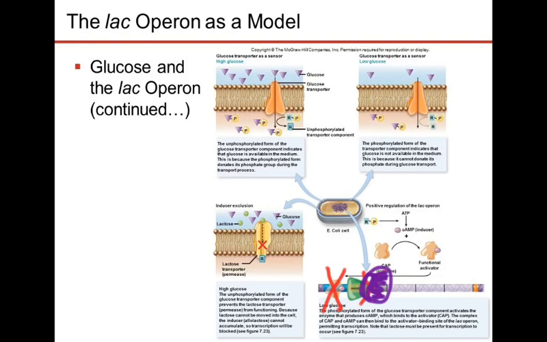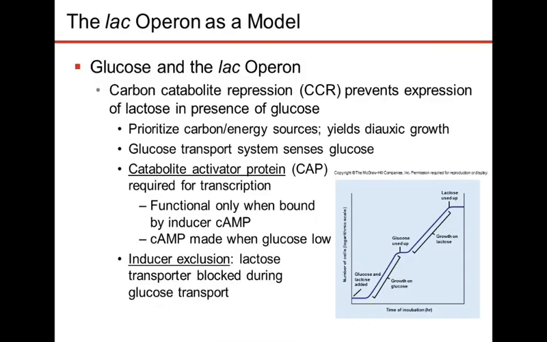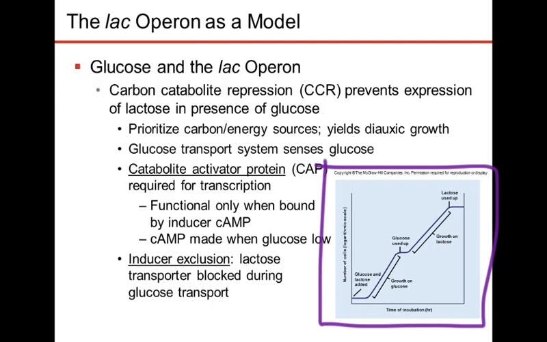And the induction part is right there. The induction part is this guy. It's only induced if cyclic AMP levels get high down inside of the cell. So the answer to that question is actually both. It's repressed normally, but it also has to be induced to be turned on. Removing the repression isn't enough to turn it on. You also have to induce it. And that's basically what we talked about when we walked through this last figure right here. We were talking about which states were in repression and which states were being induced. So, great question.